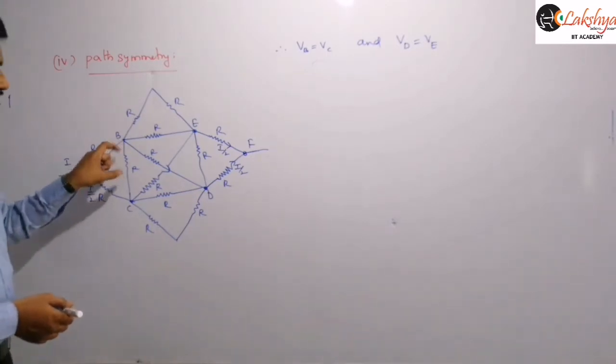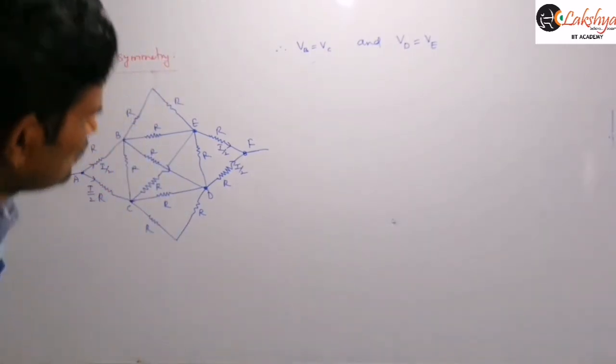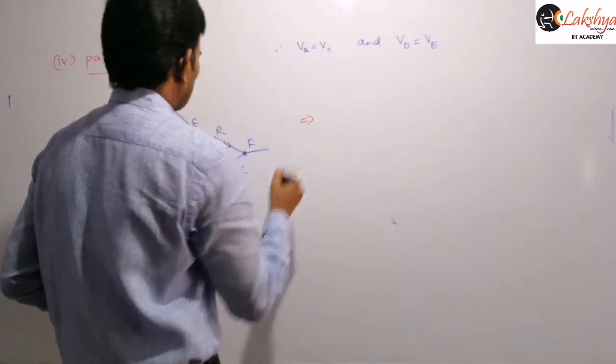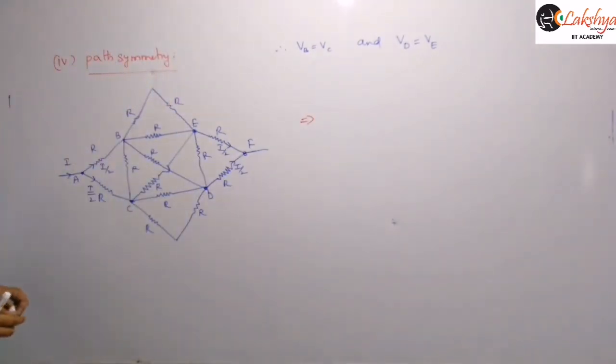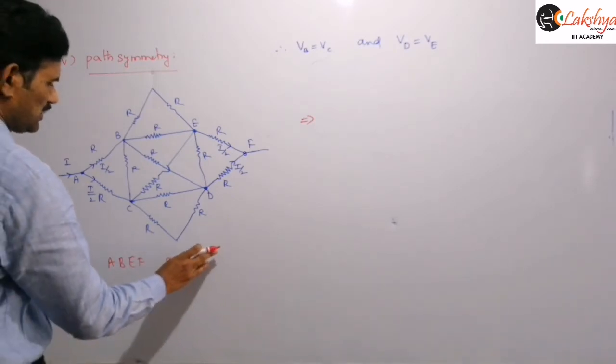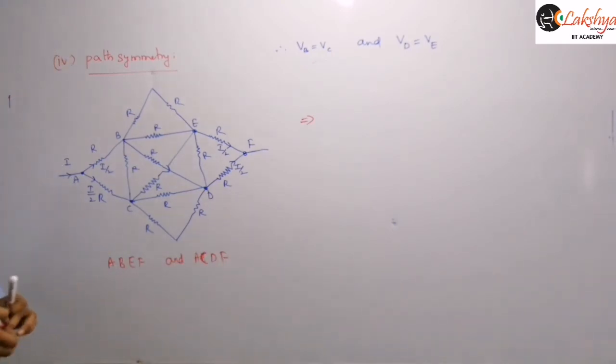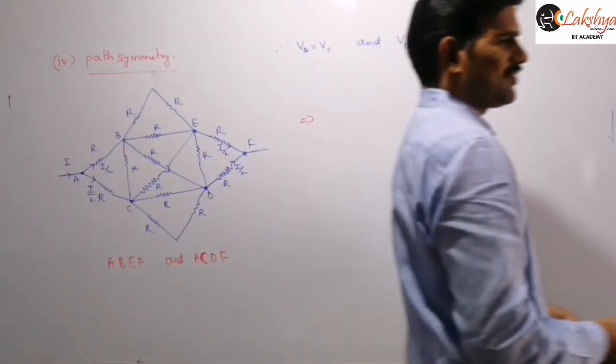Then we can join this B and D together. So I will draw the resulting circuit here. First mention this: in the circuit shown in the figure, the paths A, B, E, F and A, C, D, F are having the same configuration of resistors,